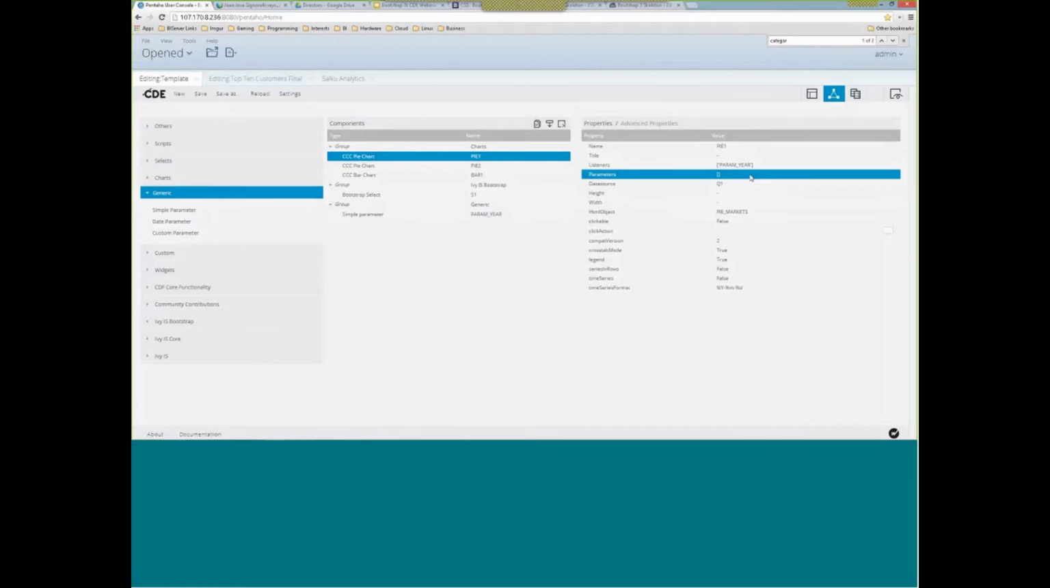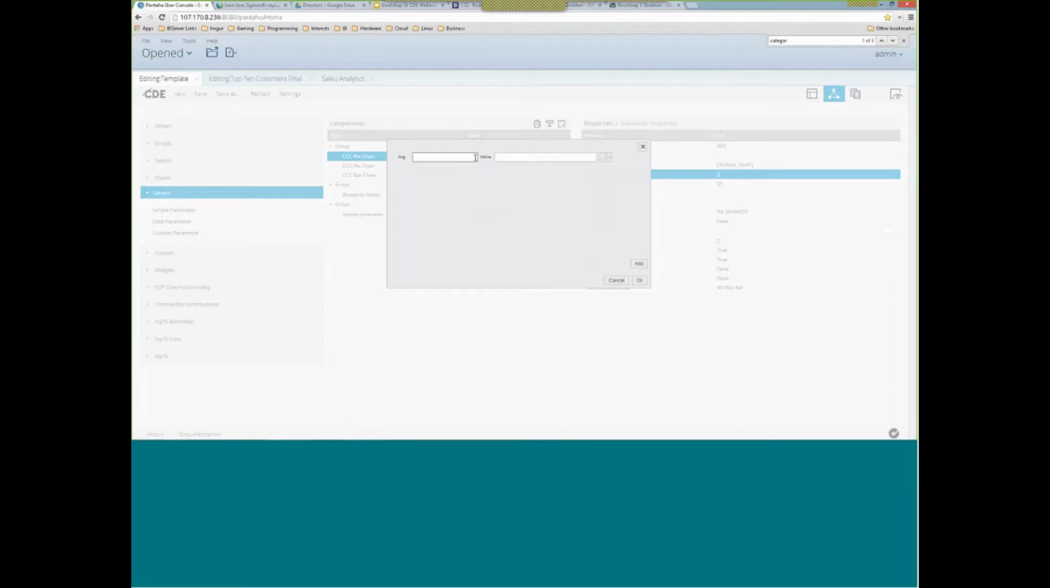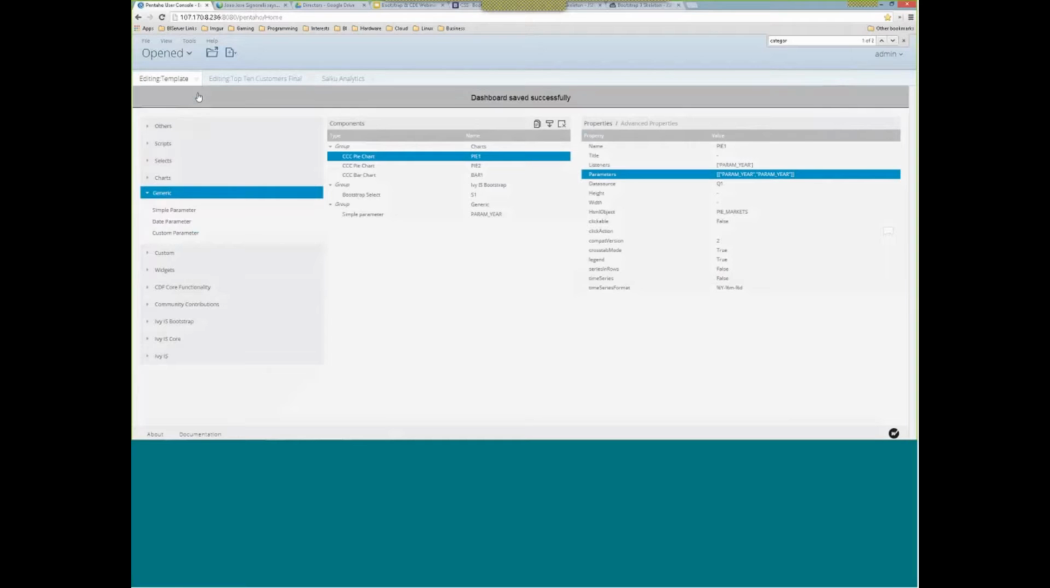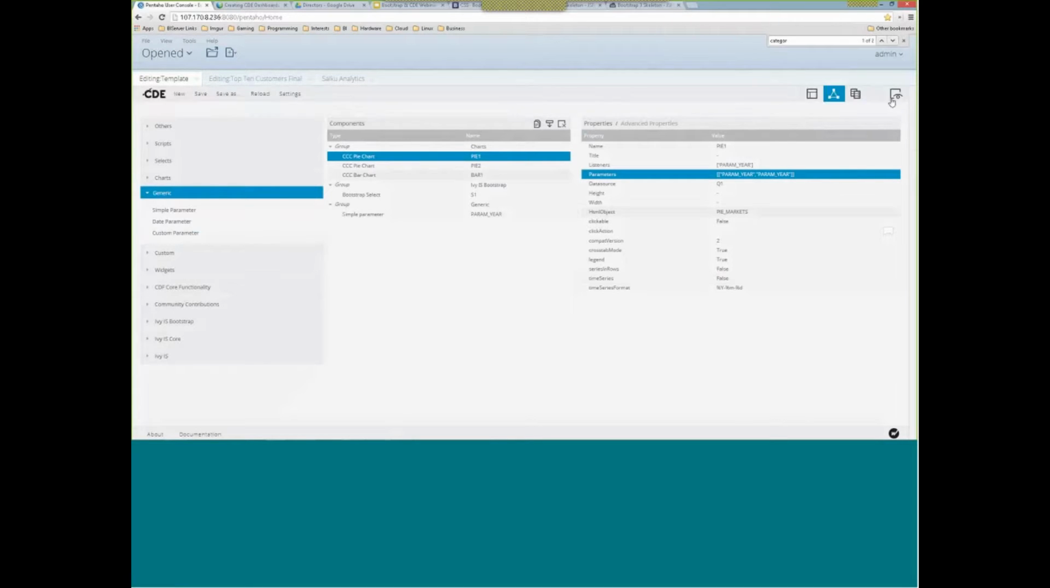I tell it, well, what parameters do you actually want to utilize? And I'm going to say utilize param_year. Like that. So now that chart will change every time the selector makes a change to param year. If I preview it